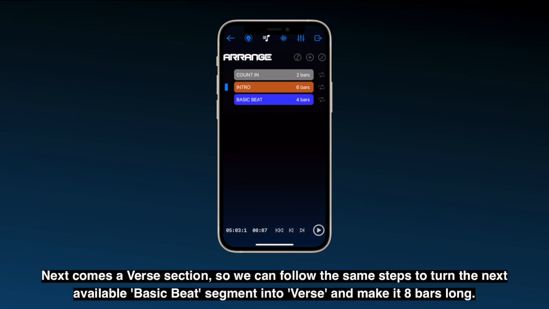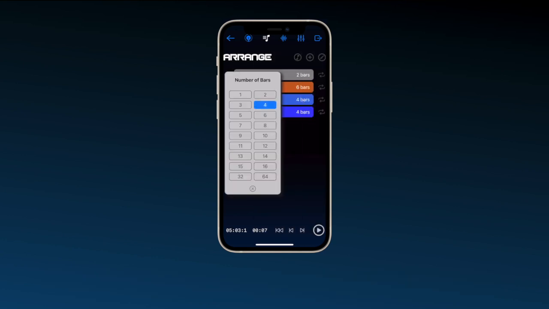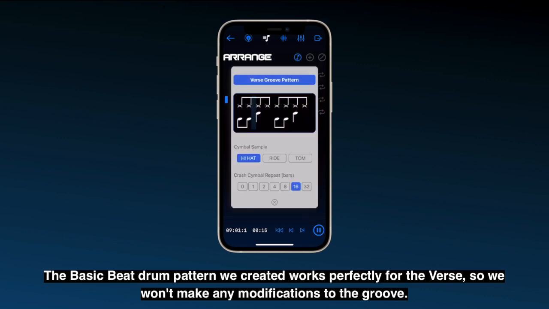Next comes a verse section, so we can follow the same steps to turn the next available basic beat segment into verse and make it 8 bars long. The basic beat drum pattern we created works perfectly for the verse, so we won't make any modifications to the